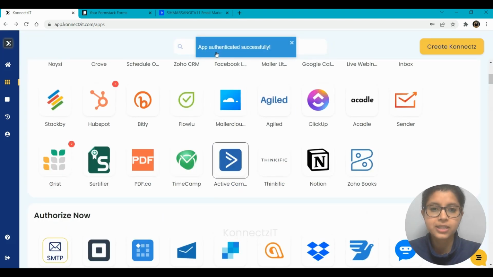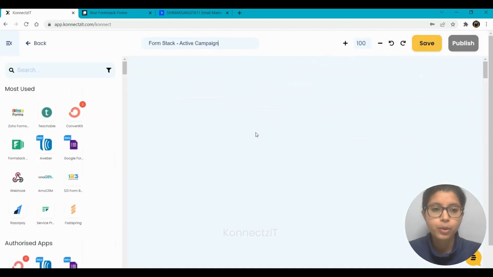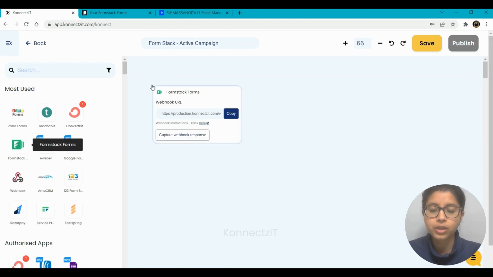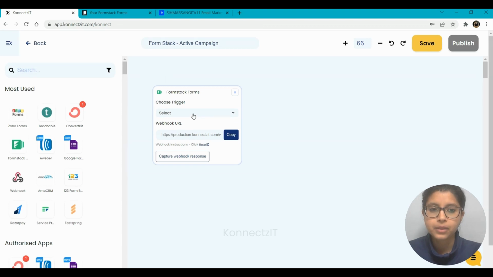So yes, as you can see, the authorization of ActiveCampaign is successfully done. Now we'll be working on a connect here, where we are going to connect Formstack and ActiveCampaign. I'll just place the trigger, which is Formstack. We have to choose the desired trigger, which is going to be configure the webhook. And I'm going to copy this URL and place it at the desired spot